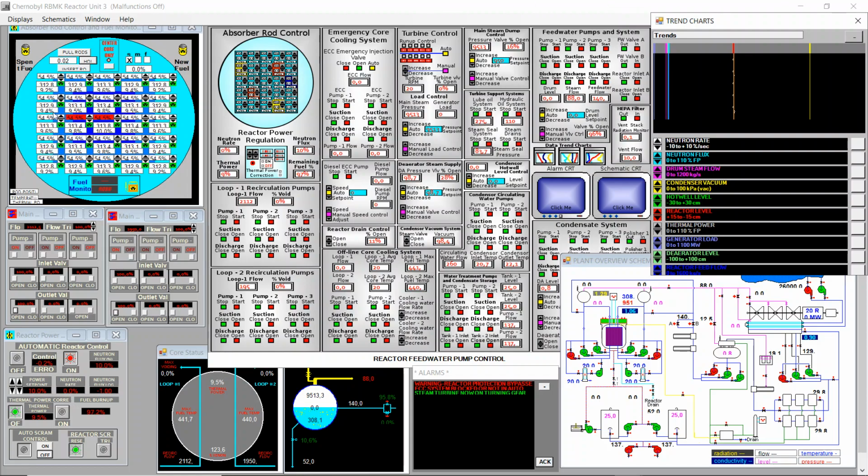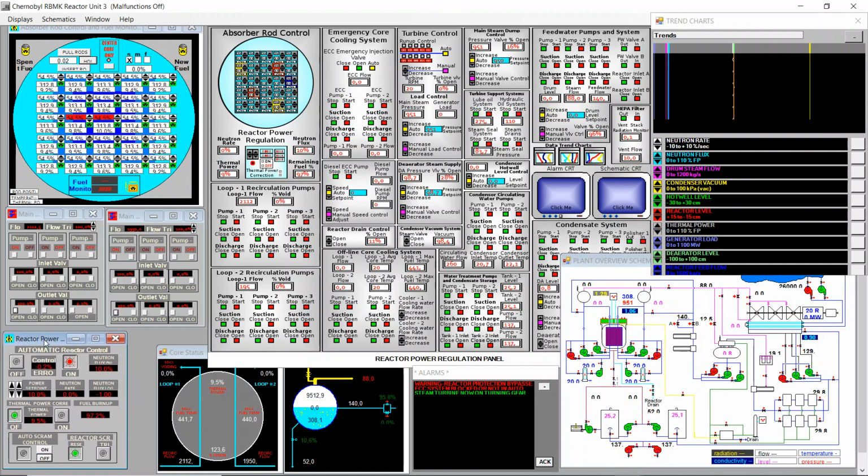So starting from the reactor, we see that we are in auto mode. So the control rods are automatically controlled by this panel. The power set point is at 10%. We have 9.5% of thermal power. The cheat engine is being used to fix the xenon at 123% because we're at such a low neutron flux of 10%. If we don't do so, xenon will increase a lot during the video,